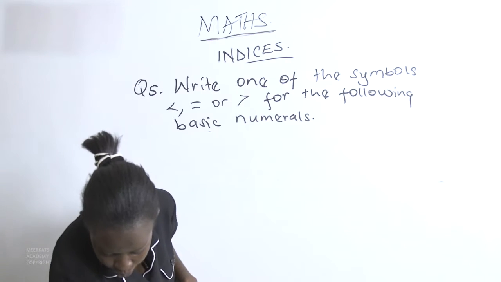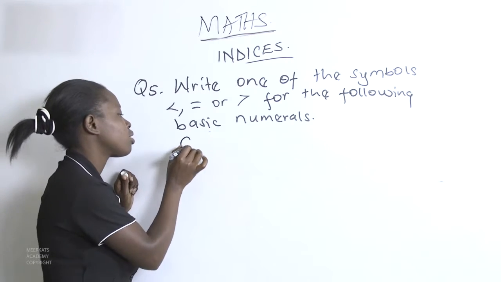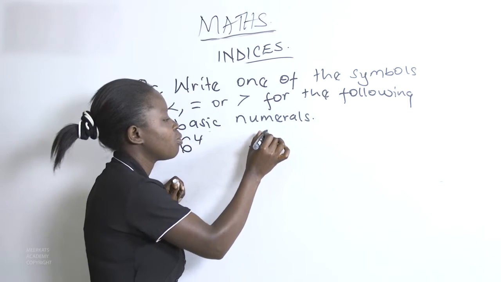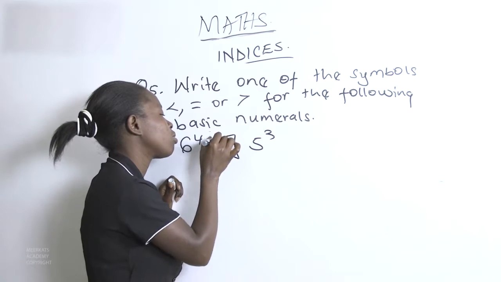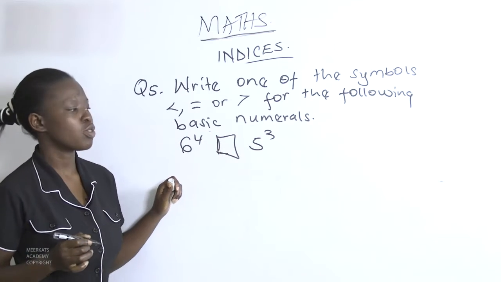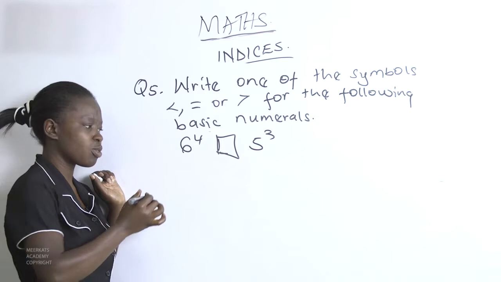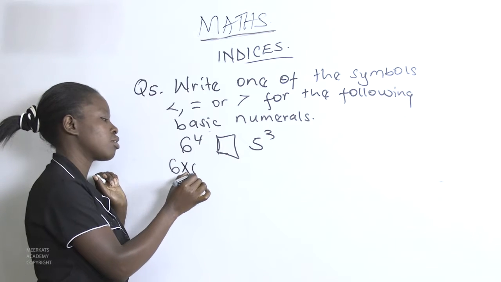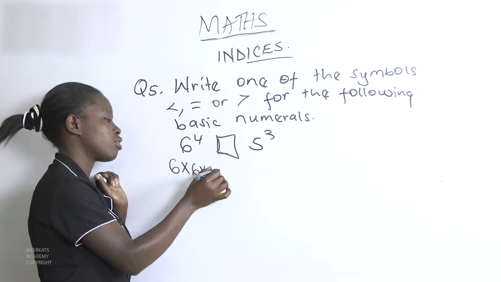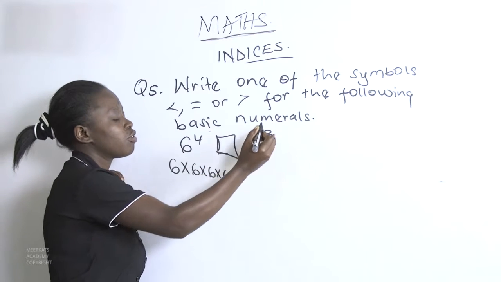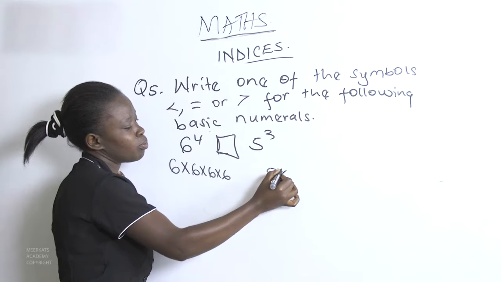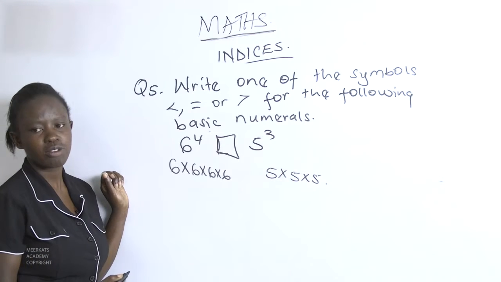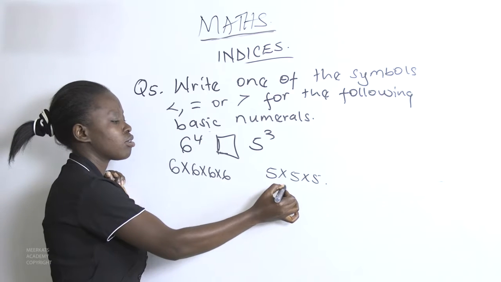We need to give a comparison between 6 to the power of 4 and 5 to the power of 3. So I need to know what sign is between 6 to the power of 4 and 5 to the power of 3. 6 to the power of 4 means I multiply my 6 4 times. So I have 6 times 6 times 6. Then 5 to the power of 3 means I multiply 5 3 times. So 5 times 5 times 5. That gives us